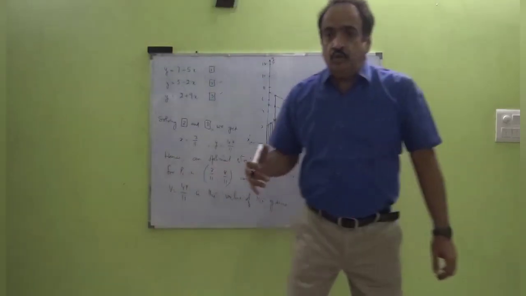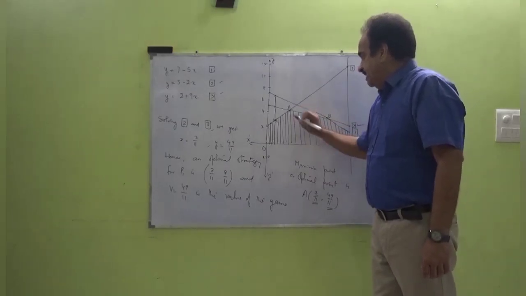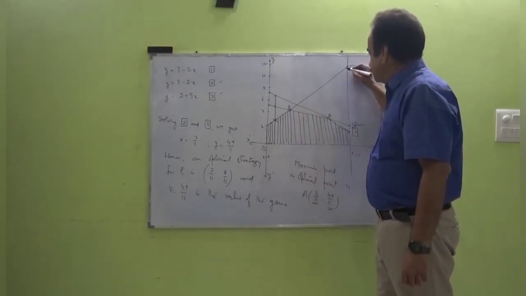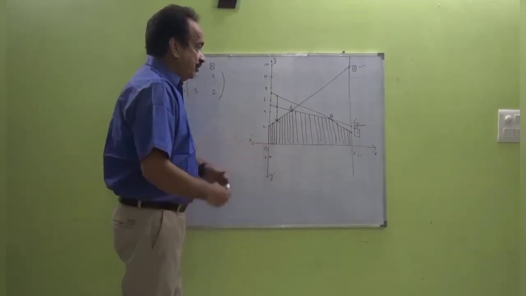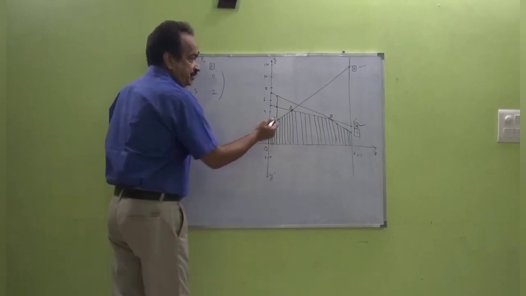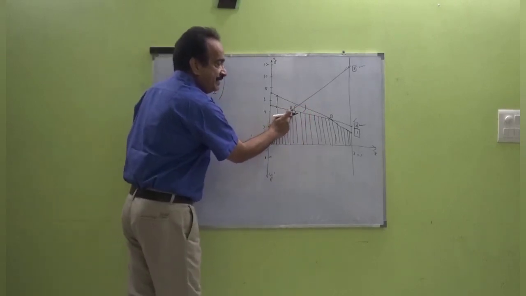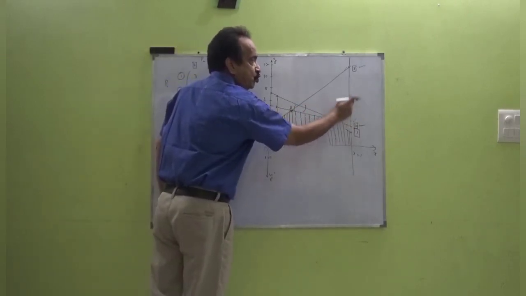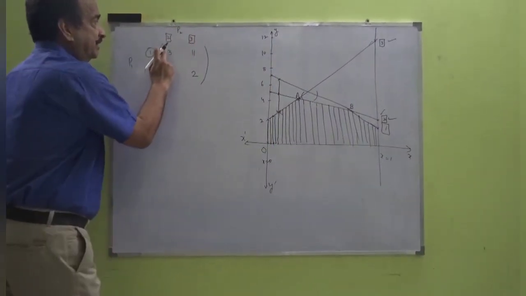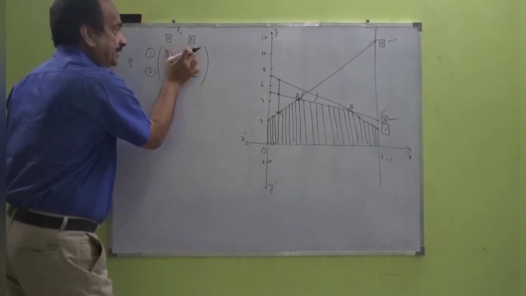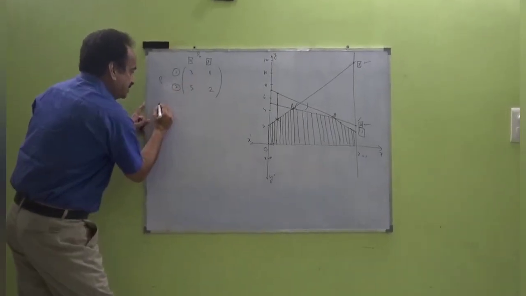Further, to find the optimal strategy for player P2, what we observe is that the maxmin point A is the point of intersection of lines 3 and 2. So an optimal strategy for P2 can be obtained using this maxmin point. The point maxmin is the intersection of lines 2 and 3. And so an optimal strategy for P2 can be obtained by solving the game with the second and third columns of this payoff matrix. Now, using our previous method,